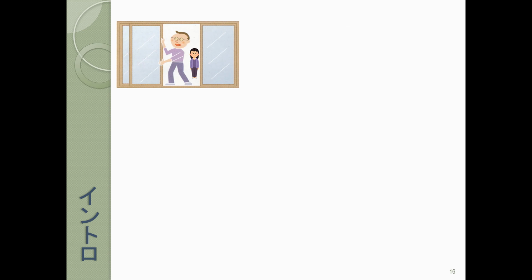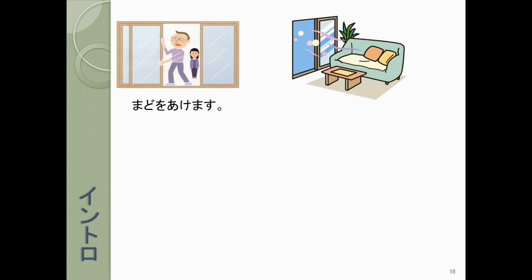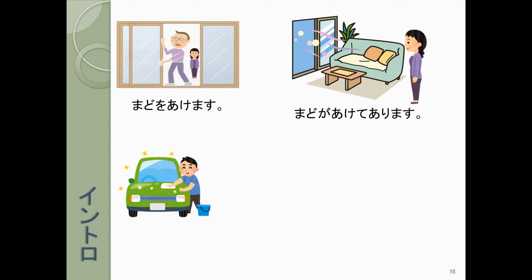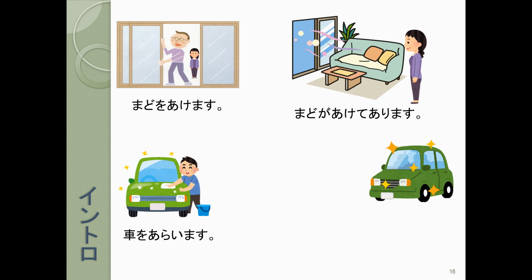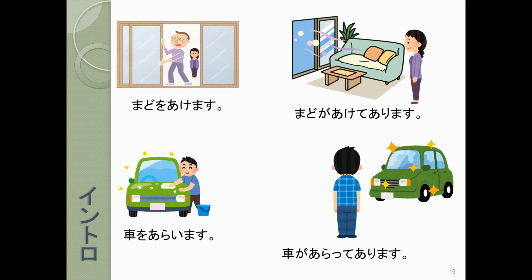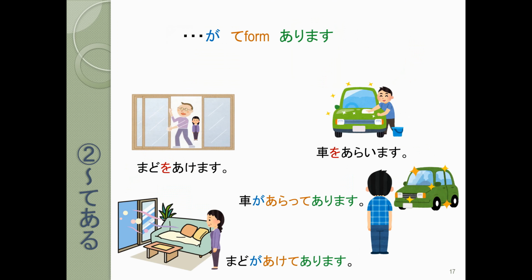じゃあ皆さん見てください。私は窓を開けます。Then, when I come back into the room later, I can notice, 窓が開けてあります。私は車を洗います。Now we can take a look at this car and notice, 車が洗ってあります。So, 開けてあります。洗ってあります。This is our new grammar point for this chapter. 何々が the te form あります。